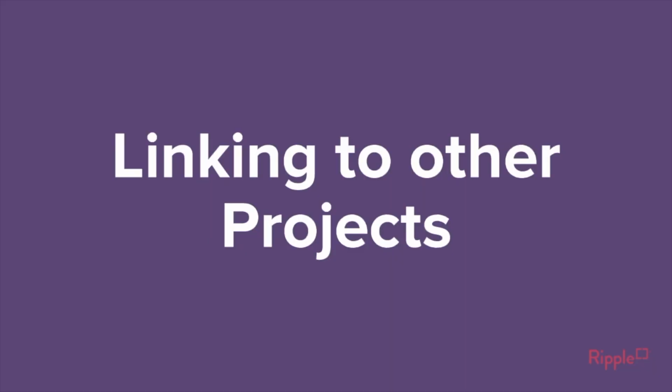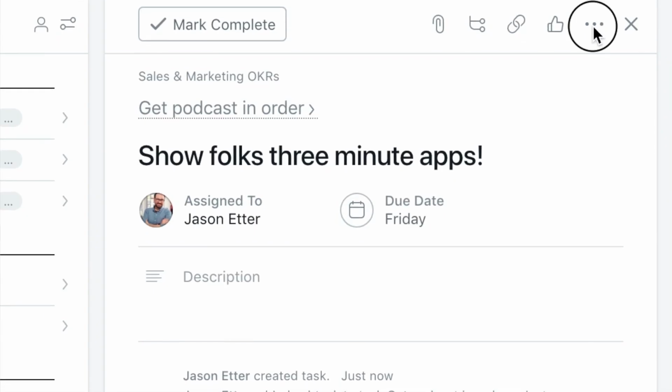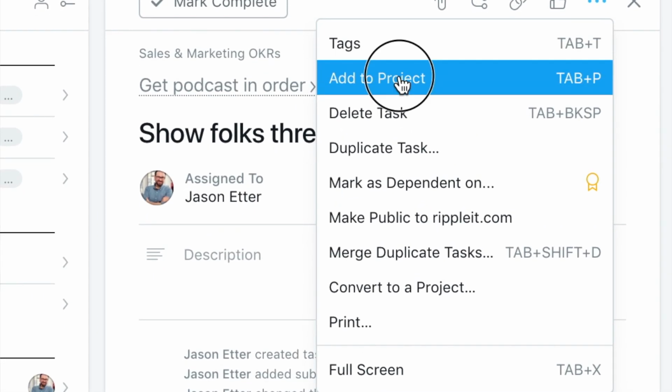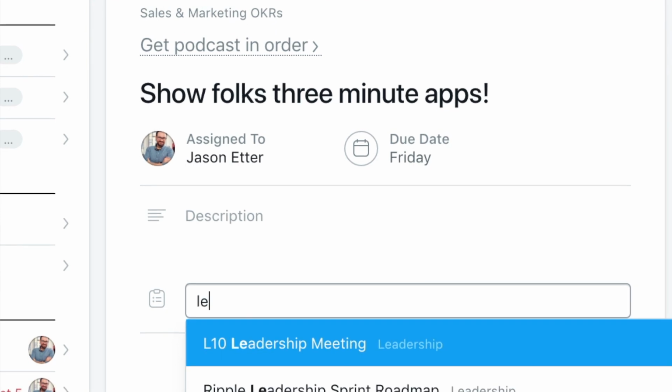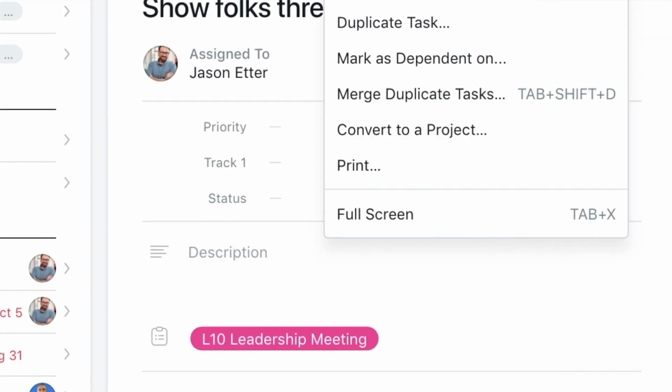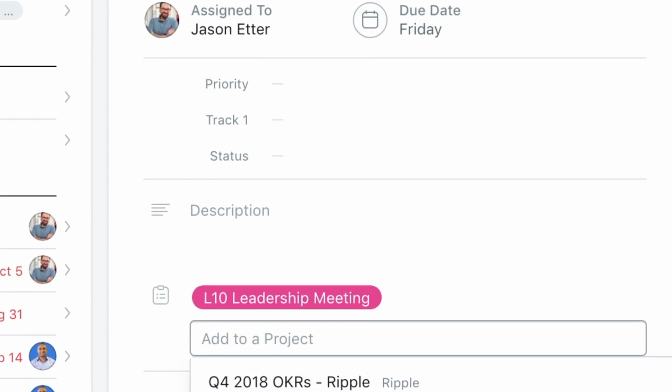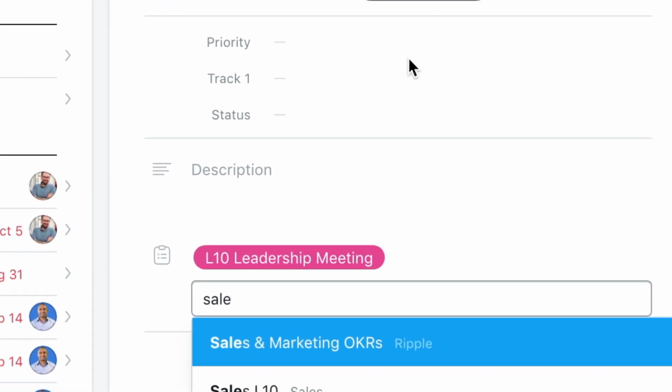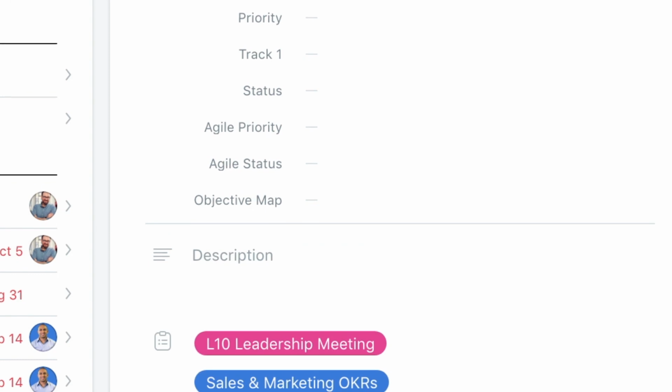Lastly, I wanted to just touch on how you can link to other projects. Rather than being redundant and having multiples of the same task throughout different projects, if you have, let's say, a leadership project that filters in from other departments, you can actually link from those departments, like say sales and marketing, over to leadership. Pretty cool stuff. You can do all that very